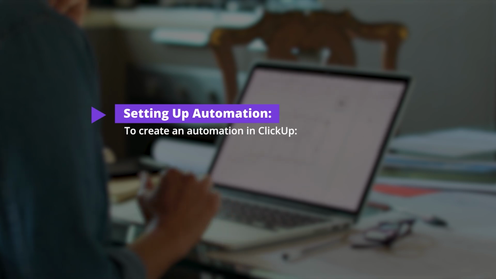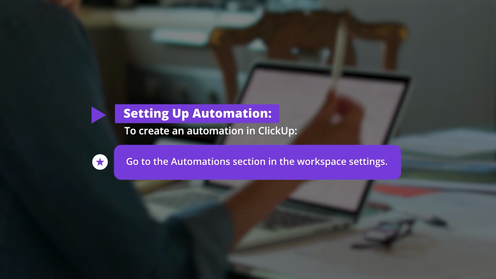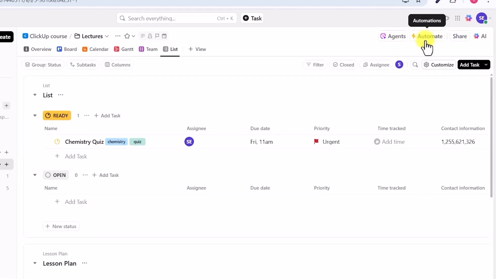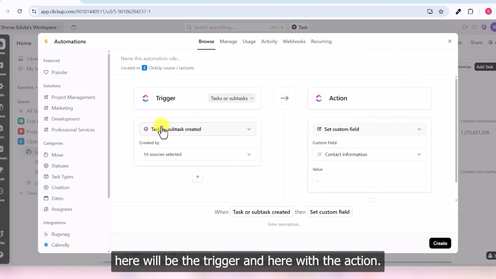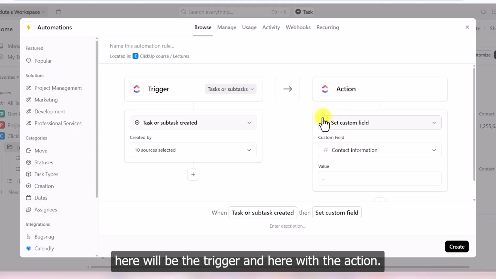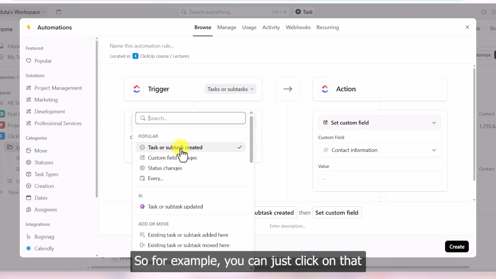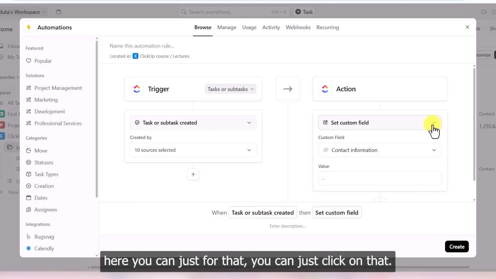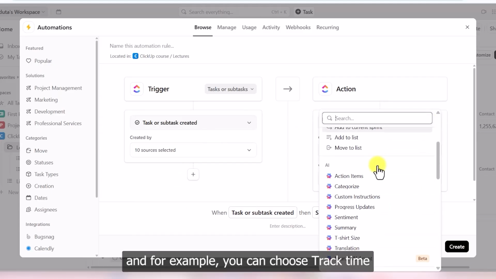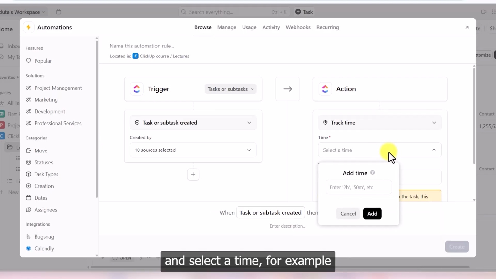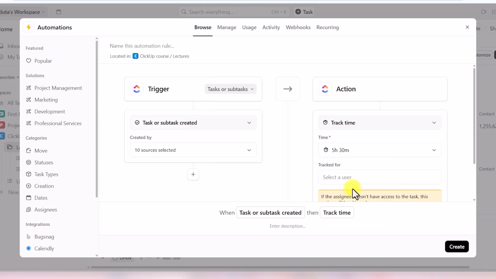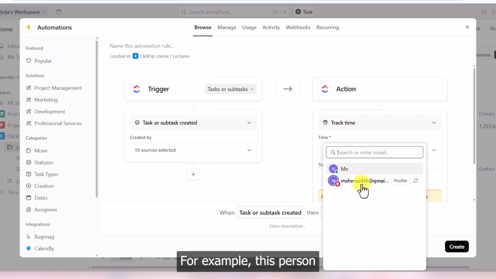To create an automation in ClickUp, go to the automation section in the workspace settings, and here you can find it. You can just click on that. Click on create automation. Here will be the trigger, and here will be the action. So for example, you can just click on that, and the action will be like you can just click on that, and for example, you can choose track time and select a time, for example 5 hours and 30 minutes, and select a user, for example this person,